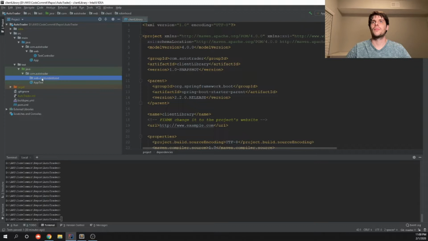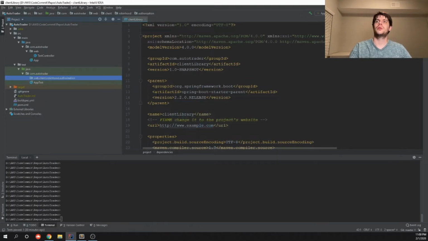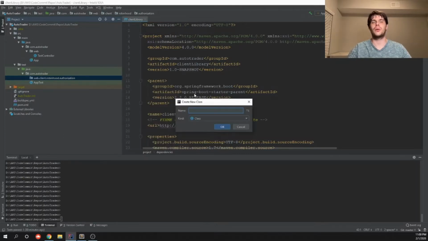Actually, we'll do one more package under here for authorization. So anything in this package would be authorization calls to get tokens, log in, log out, things of that nature. So for us, we'll do for our tests,